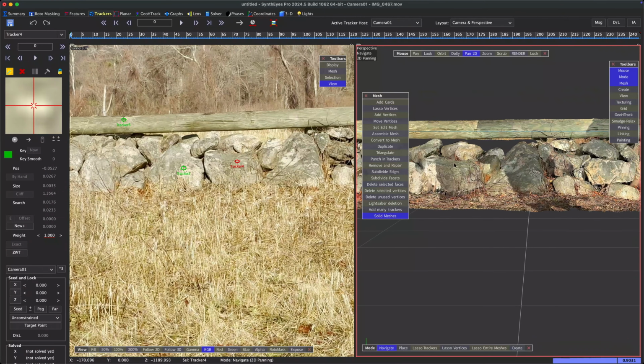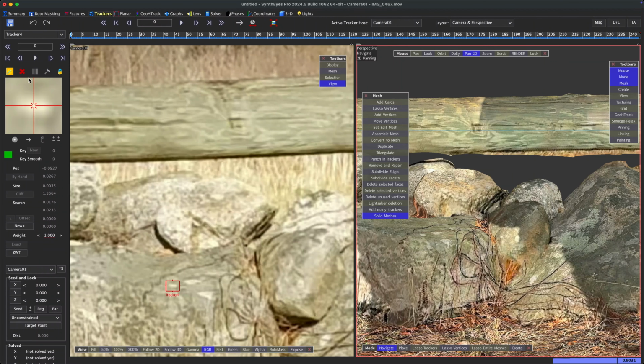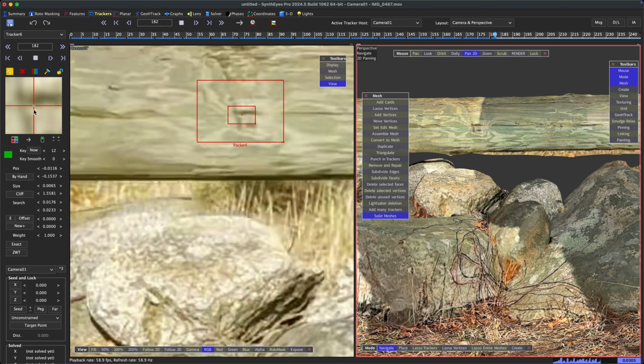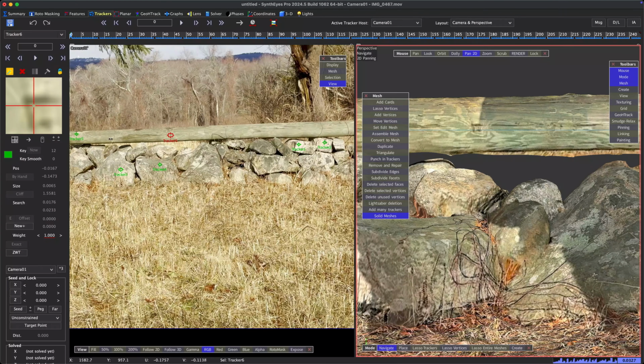Let's add one more, and I want one more maybe right here on this. Now, if we look closely here, let's add a tracker right there. I'm going to actually do this as RGB, and then I'm just going to use some keyframes. So maybe 12. Every 12 frames, it's going to re-keyframe the shape. Let's see how that looks. Okay, that looks good. Okay, so we have 6 trackers in different locations,